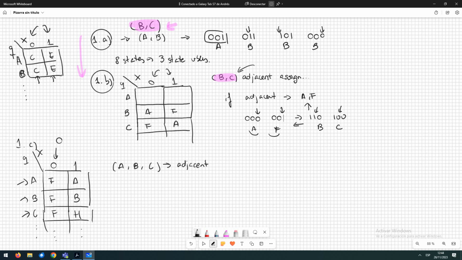The adjacency is given by pairs, so we cannot have this. This is a way of expressing that A is adjacent with B, A is adjacent with C, and B is adjacent with C. We can summarize this using this, but the adjacency is always given in pairs. So we should find adjacent codes for the states A, B, and C. For example,